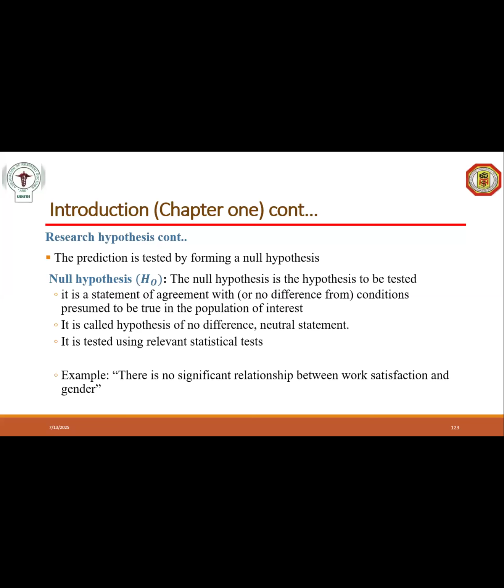So when you finish with the null hypothesis, the next one is the statement of the alternate hypothesis. And we say the alternate hypothesis is the direct opposite of the null hypothesis. So if your null hypothesis says there is no significant difference between this and this, your alternate hypothesis will say there is a significant difference between this and this. If the null hypothesis says there is no significant association between this and this, your alternate hypothesis will say there is significant association between this and this. So that is how you state it.